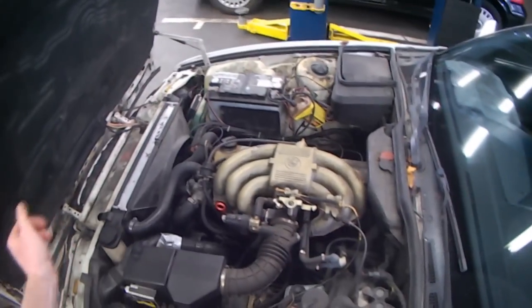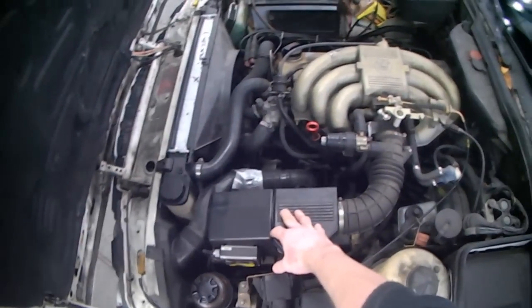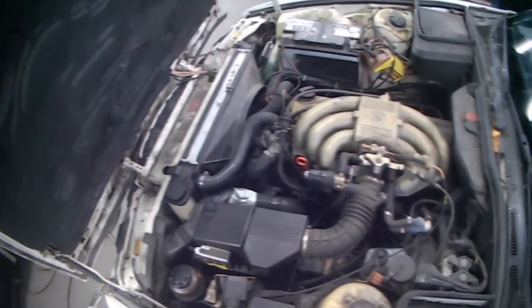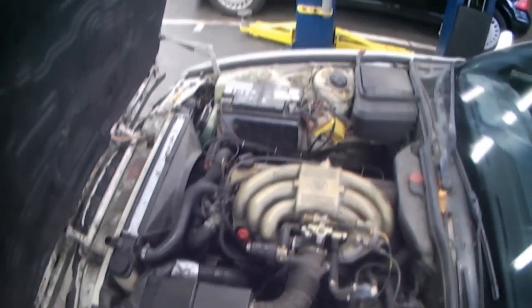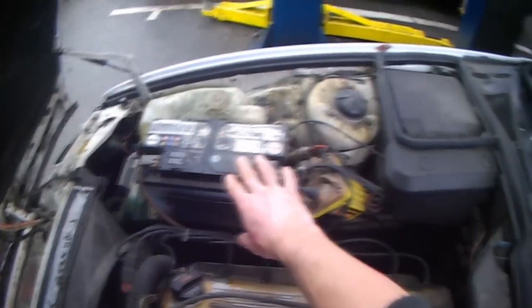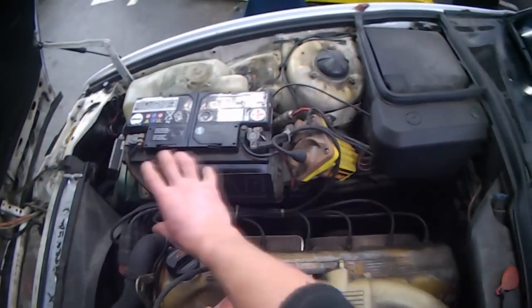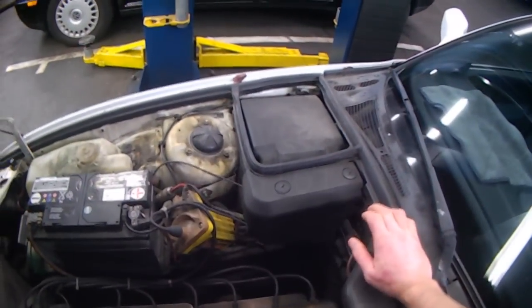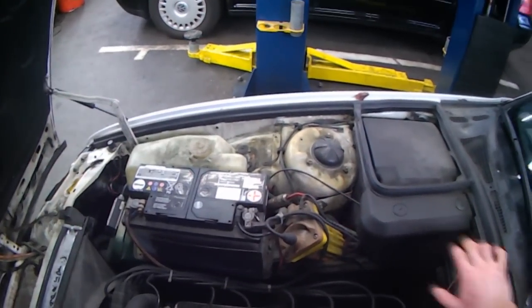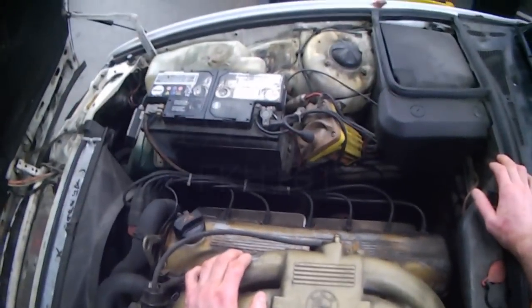And this is the car that it's going into. So this airbox here in the long run I'm going to get rid of because I'm not going to need it. Long-term goal is to remove the battery and put it in the trunk, and I'm going to put a turbo here, get rid of the distributor cap over here, put an ignition coil somewhere in the engine bay here, I'm not sure yet where, and